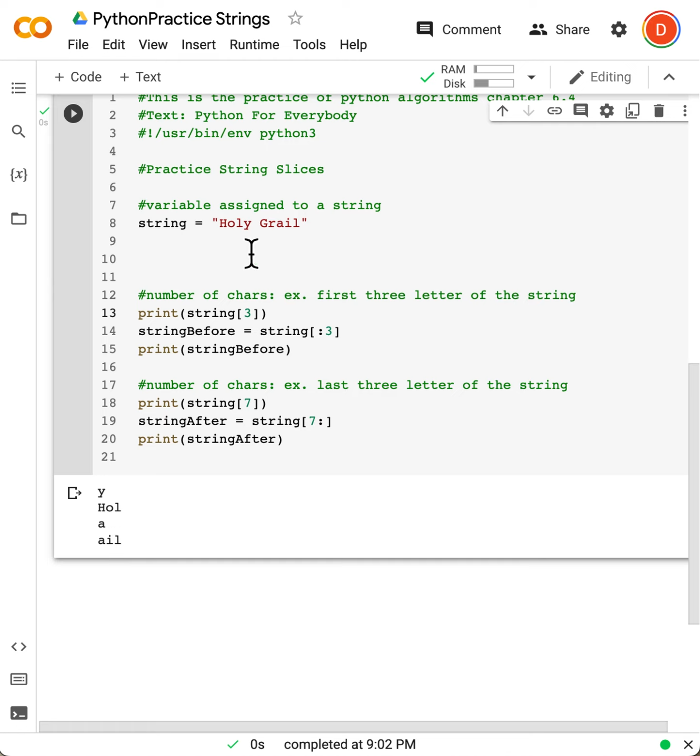So now I'm printing everything before position 3. HOL. And again, this is print string 7. Print what's at position 7. That's an A. And I want to print everything after position 7. AIL. So last 3 letters of the string, first 3 letters of the string, right? Here, you could just find the first 3 letters are always going to be before position 3. But here you had to actually count the end, because we know at the end that there's a total of